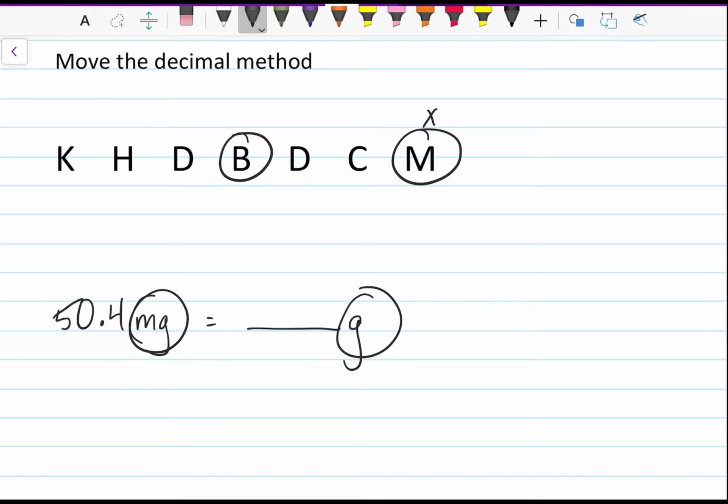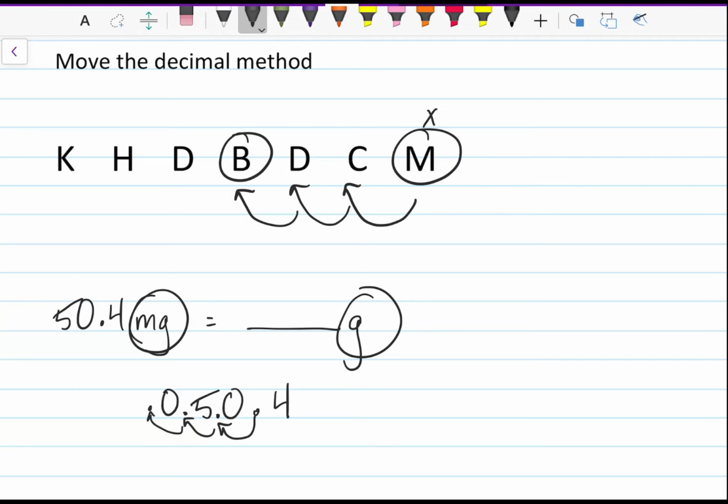That is because it's our base unit. So there's base. Then what you're going to do is you're going to move the decimal point. And we're going to move our decimal point 1, 2, 3 places to the left. So if we have 50.4, we're going to move it once, twice, 3 times. Now that there's an empty space, we're just going to add a 0. So our final answer is